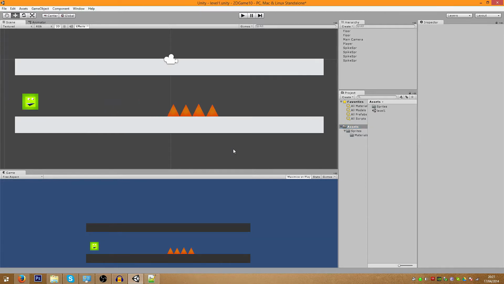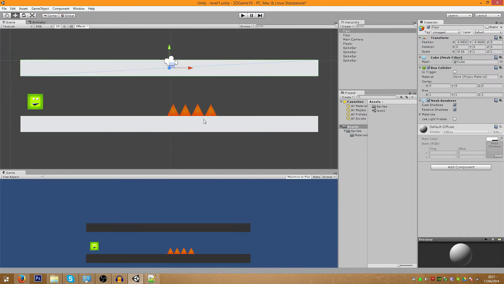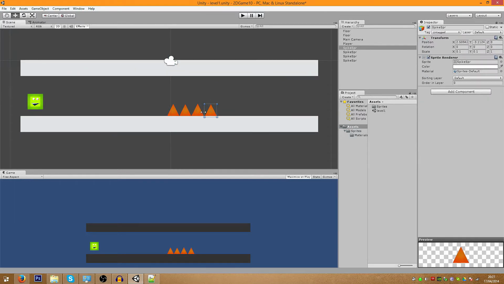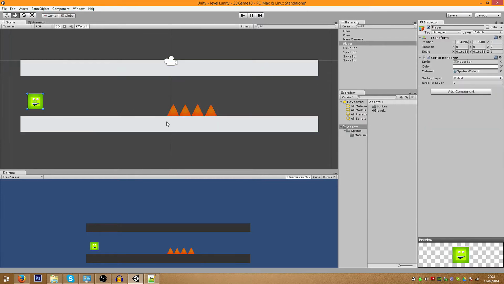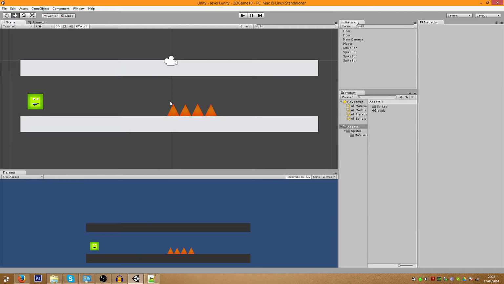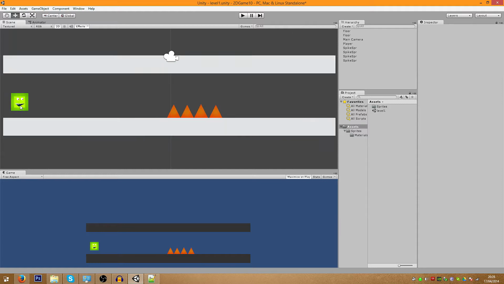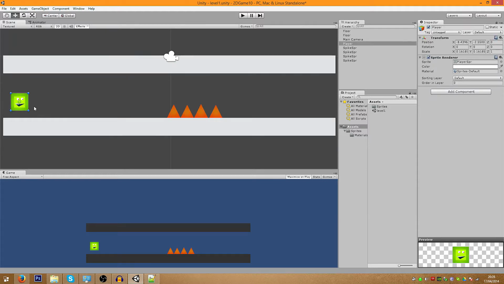Now, last video we set up our scene, obviously with our objects that are going to kill us, and the objects that we can collide with to stop us going outside the room, and also our player, as you can see here. Now, in this episode we are going to set up the basics of our character movement, so making him move left,